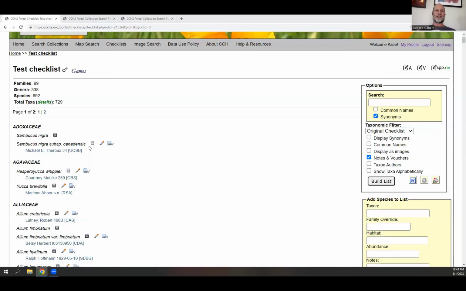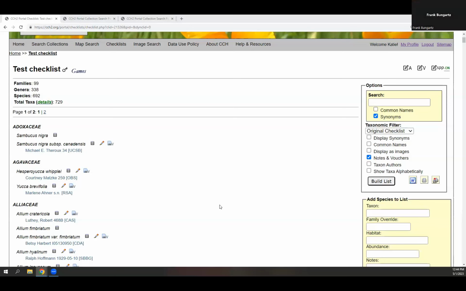But this link is automatically created if you define a search area, a geographic area, or some type of search term in the voucher tools for your checklist. So generally you don't want to link all the specimens to a checklist. You want to do it more selectively, but there's different people who are creating checklists for different reasons. So